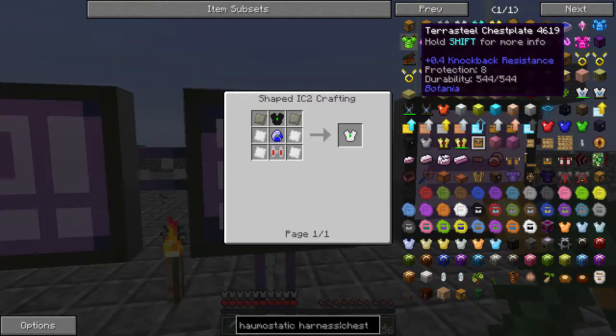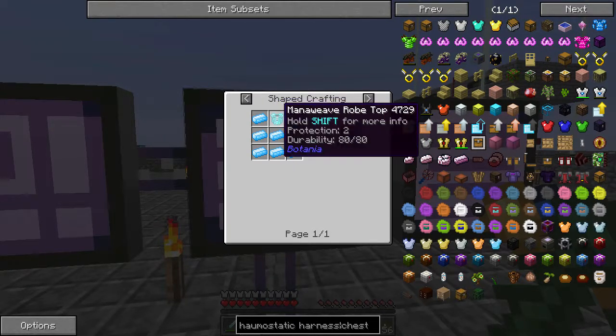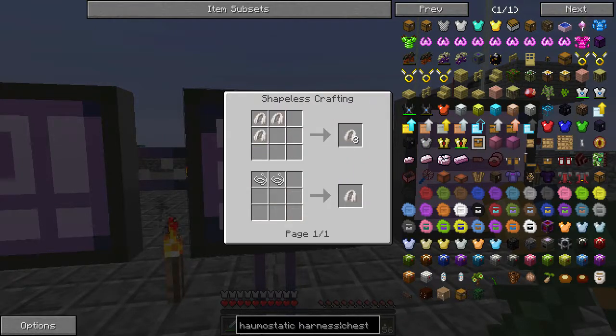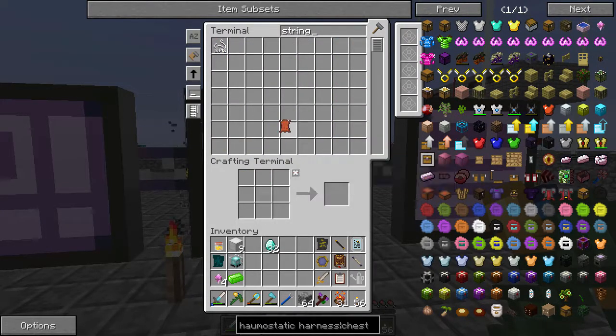So what could we do? Terra Steel is really good, but that's gonna require a lot of stuff that I don't really have. Alright, well, we have string. Let's go ahead and just make diamond armor. So we need 24 of these, and then we make full iron armor, and then we can turn that into diamond, and then we'll enchant it a little bit. So there's chest plate,